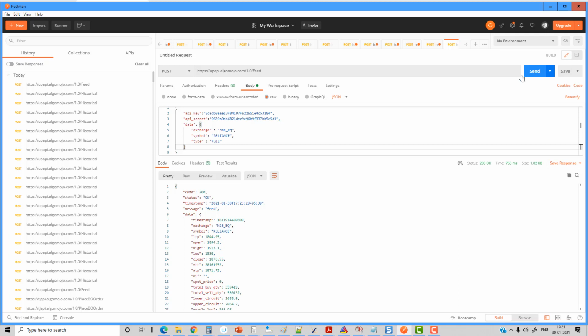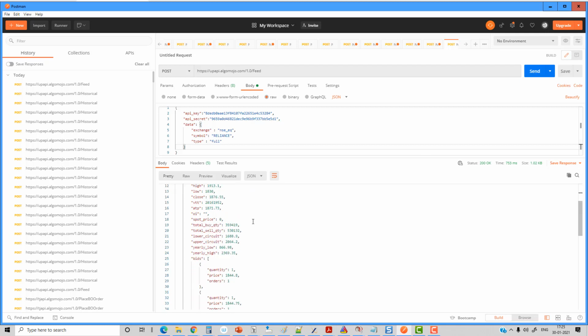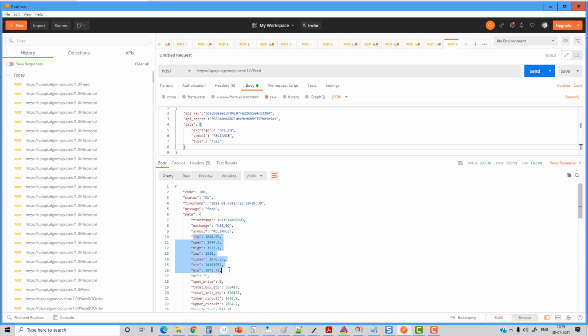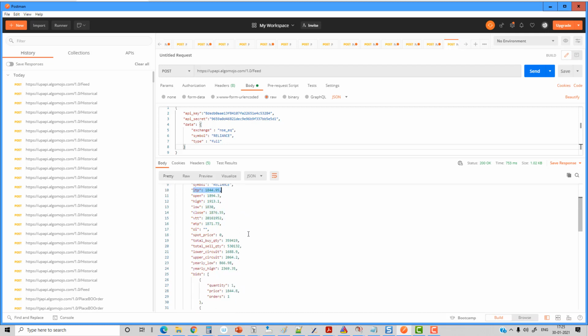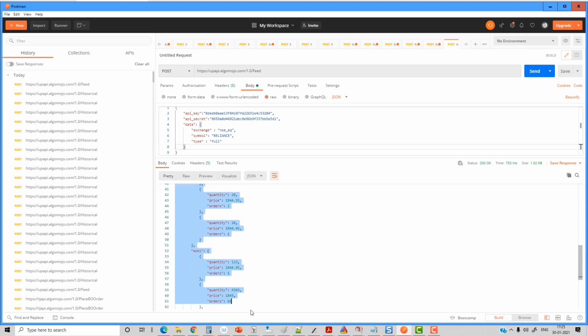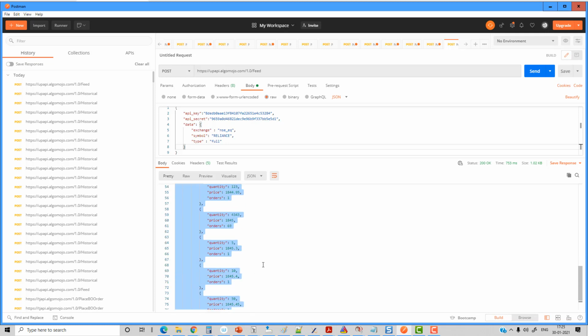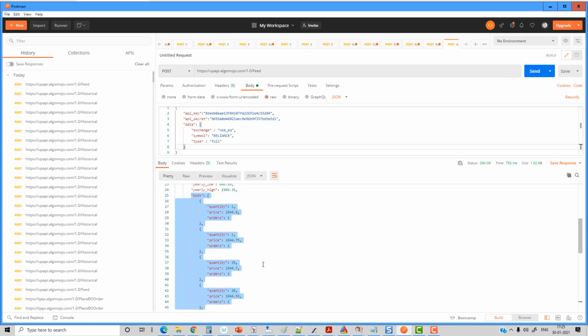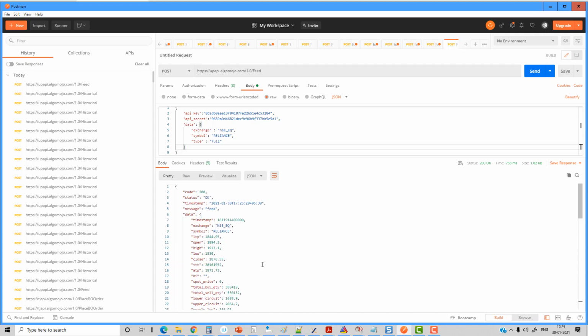When I send this data, I'm able to get the open, high, low and close values and the last traded price. I'm even able to get the total buy quantity and total sell quantity in the order book, the lower circuit and upper circuit details, the 52-week high and 52-week low, and the top 5 bid and ask levels from the order book, using the feed API.